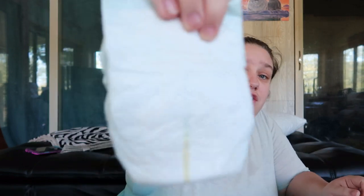So, couple of things. I have 6 different types of diapers here in front of me. I did have 7, but this one is already a little bit wet. The indicator has started to turn. And all I know is this is a Pampers. I don't know what kind of Pampers or anything like that. It doesn't specify on it, but